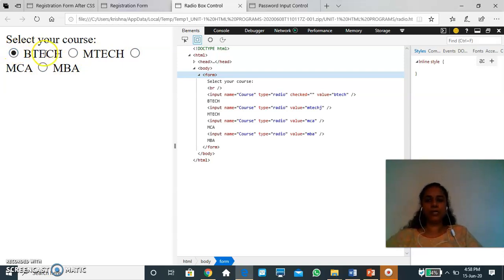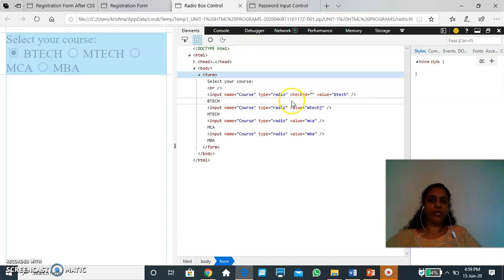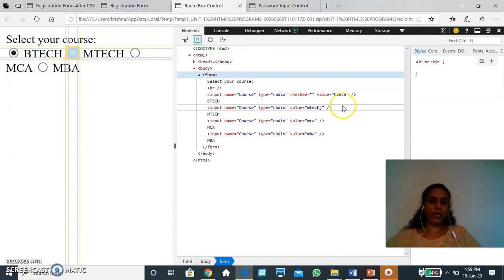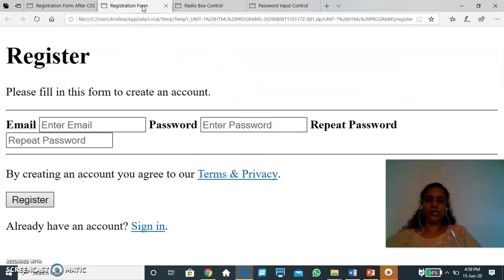Value equal to MCA decides which value has been selected. Later in JavaScript programming we will be using these things, name and value. Suppose you write an if else structure in which you identify the course that the user has clicked on. Let's now see one more example.